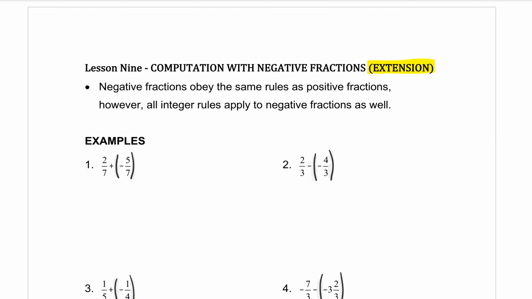Can you just do, like, for number 2, wouldn't it be like